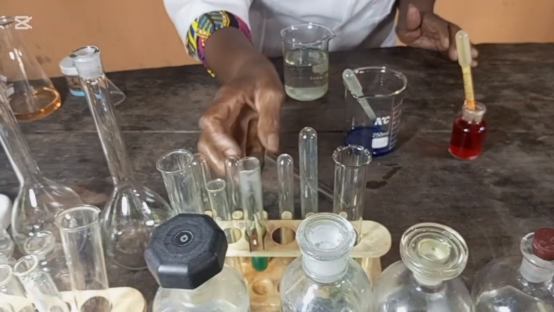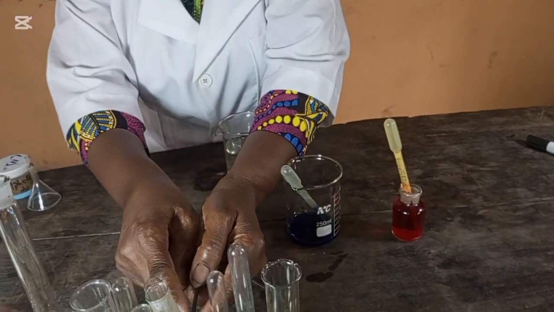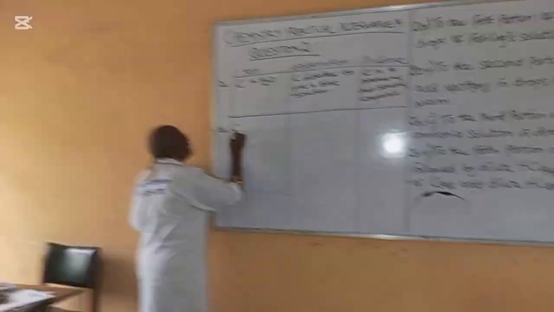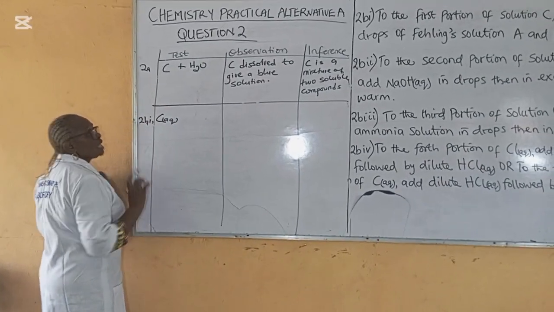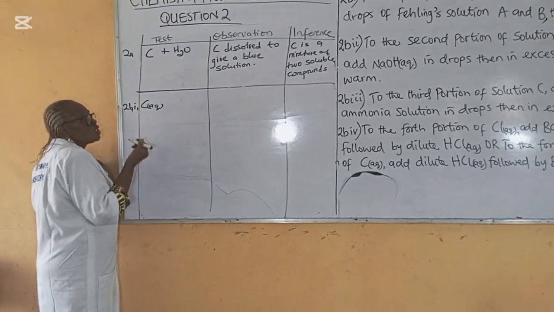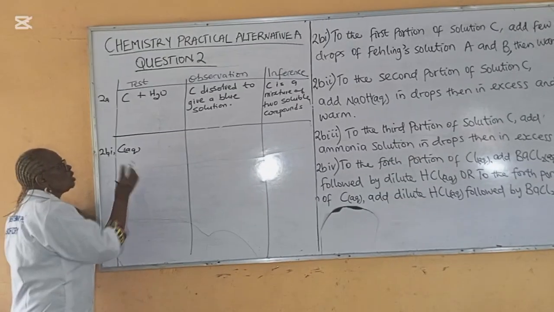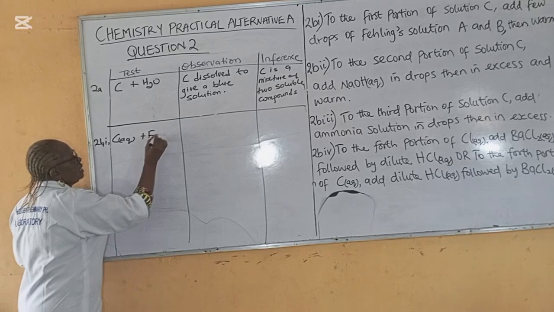Why did I say that nothing happened? I'm expecting to see a brick red precipitate, but I did not see a brick red precipitate. So to me, nothing happened. C aqueous, because you're no longer working with ordinary C. The C given to you is in solid form. We are now working with a solution of C. Either you say first portion of C solution, or you just say C aqueous plus Fehling's